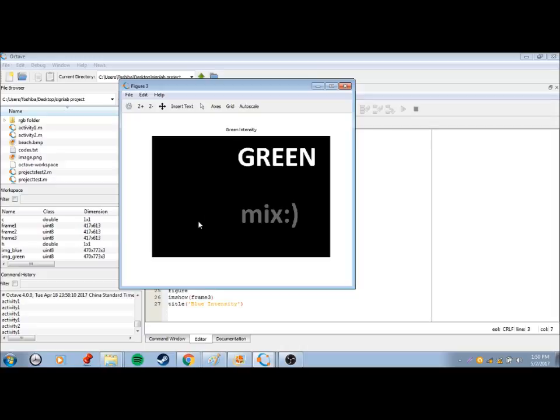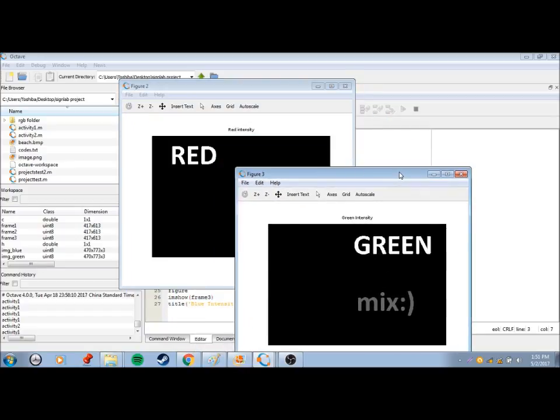But in the mixture, as you can recall, we put a value of 100. So as you can see, it's a bit more intense than the blue since it has a higher value. The green, 255, really lights up. You can see how intense green it is, and you can see the intensity of green in the mixture color. So let's go to the next.